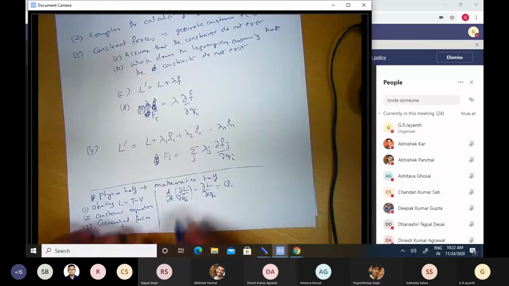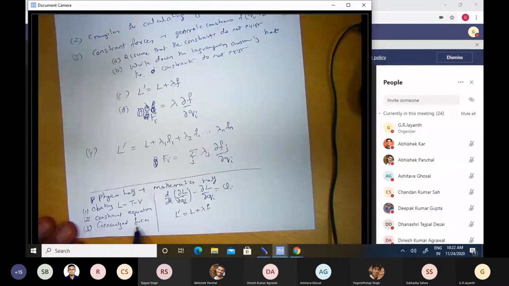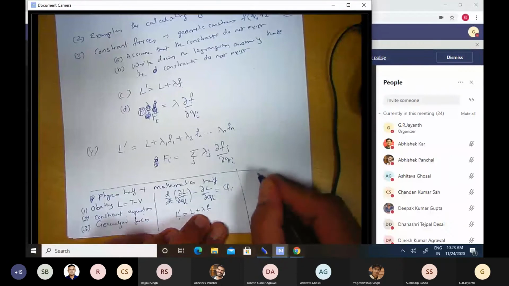If you have constraints, of course, you would define a new Lagrangian, which is L prime is equal to L plus lambda f, and the constraint equations f would be defined under the physics half. Then with this new Lagrangian, you would essentially push it through the same machinery as what we have here, and lo and behold, you would obtain the equations of motion. How does this compare with the Newton-Euler formulation? So this is a Lagrangian formulation, right?